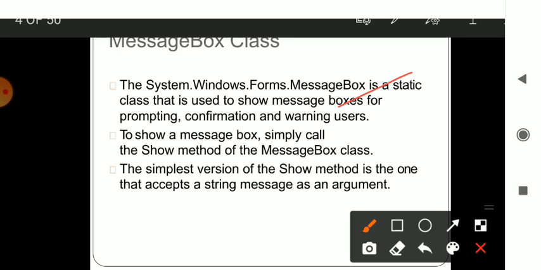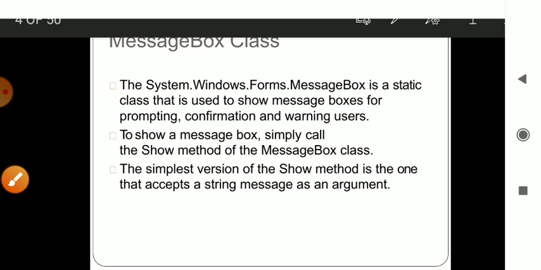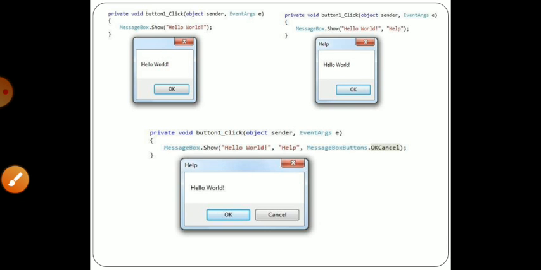It calls a method called Show, and it displays the message on the screen through that particular method only. Simply, the Show method is used in the MessageBox, which shows the message on the screen. Whatever string is passed within that MessageBox.Show, that string will be shown on the screen. You can check out the method presented here, a method which is there in the form.